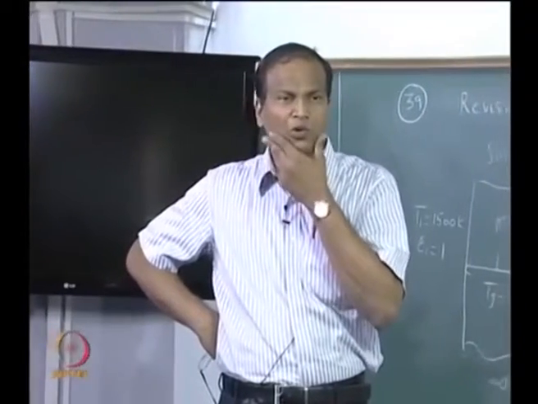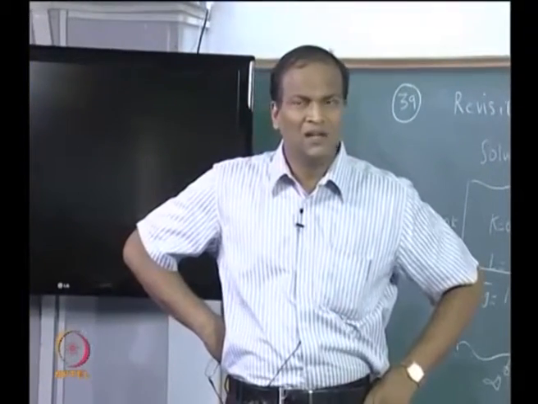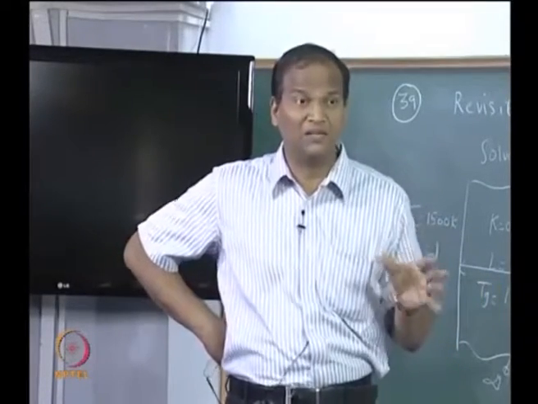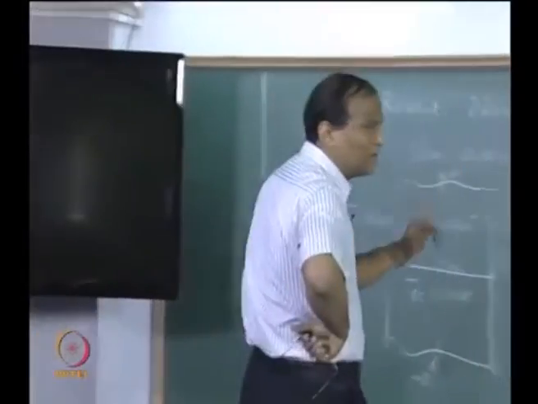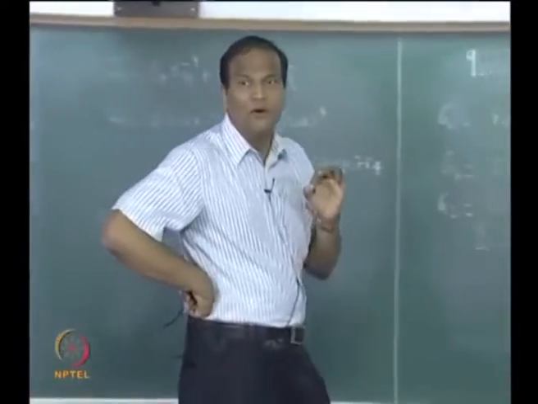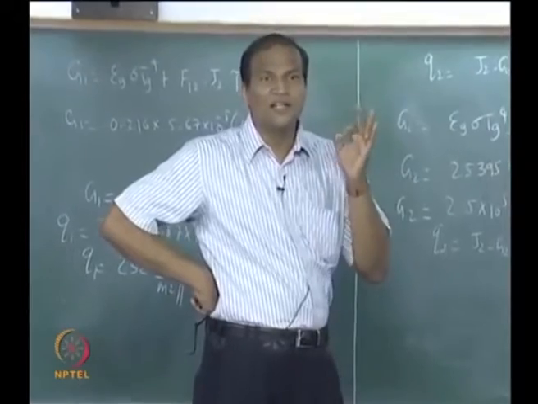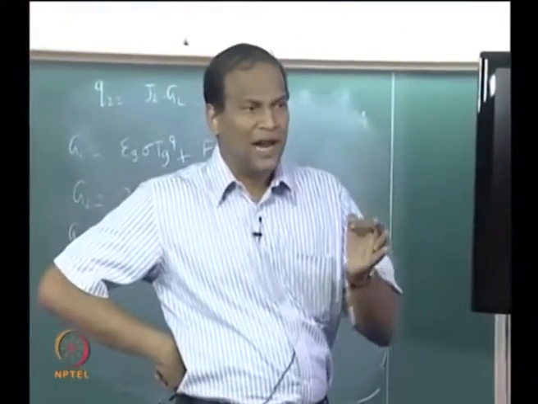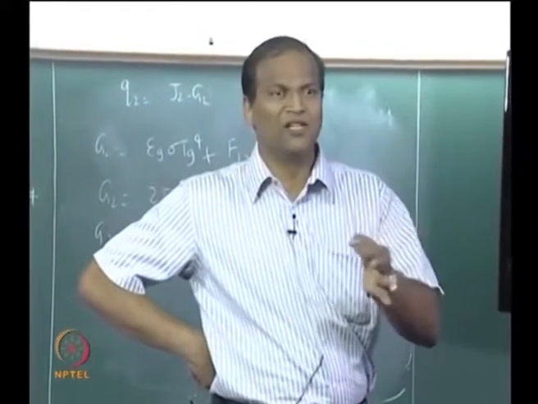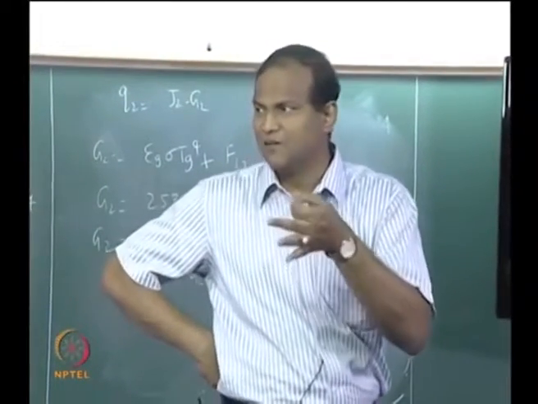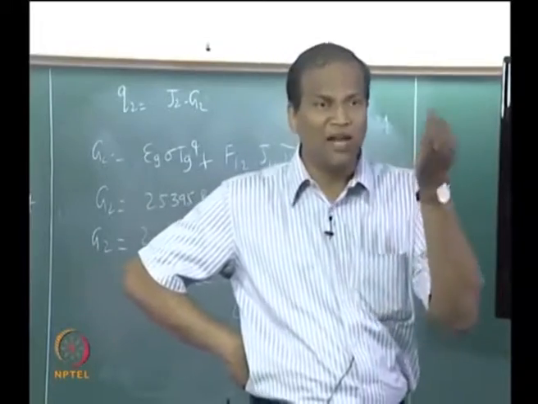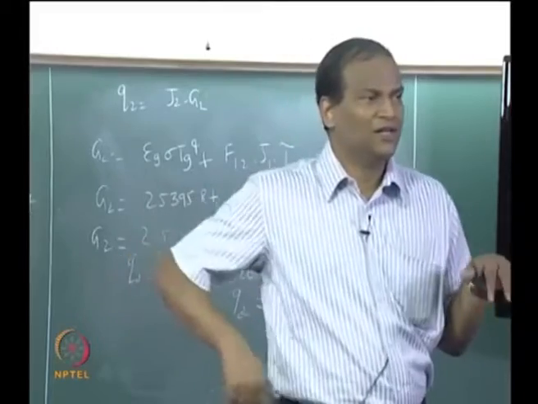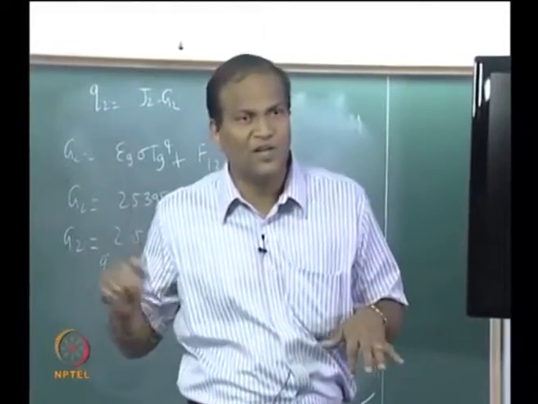Q1 is not equal to Q2. What does it mean? The situation is unbalanced. You do not have an equilibrium here. Therefore, the radiative transfer equation is not an expression of the law of conservation of energy. At that instant of time, what is the net balance of the net heat flux which is going? Therefore, we have to combine it with some energy equation if you want to solve for the temperature distribution. Getting the point, this is not the energy equation.